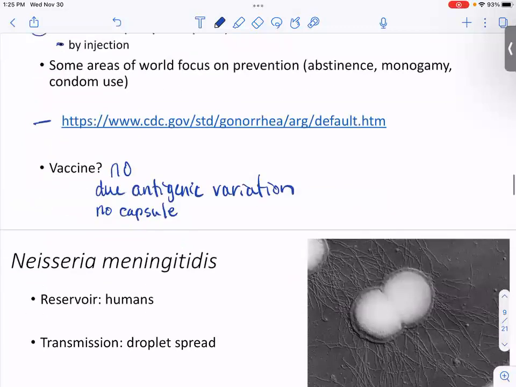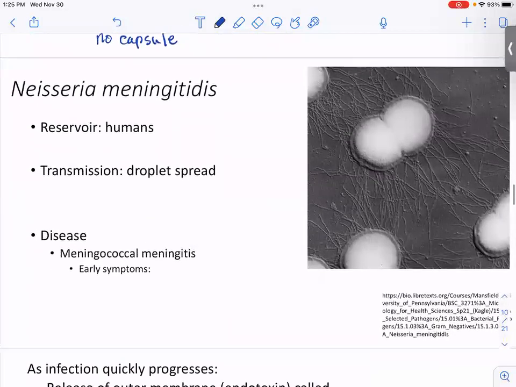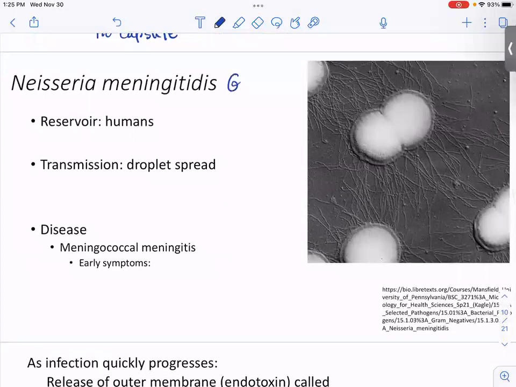All right, so the other clinically interesting Neisseria, remember these are gram-negative cocci, is the Neisseria meningitidis. I've been trying to point out where you can find these in OpenStax, 25.2b. Chapter 25 is infections of the central nervous system, and B is gram-negative bacterial infections of the central nervous system. So there's a few homework questions there.